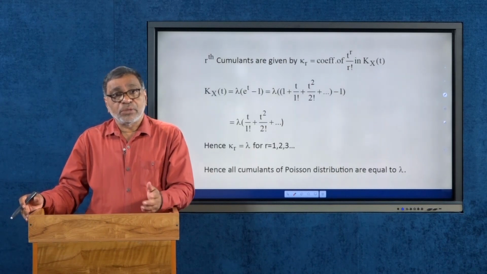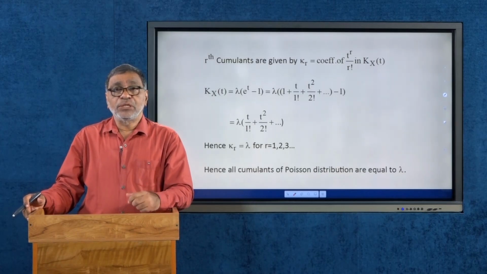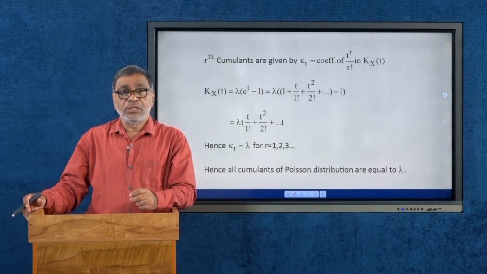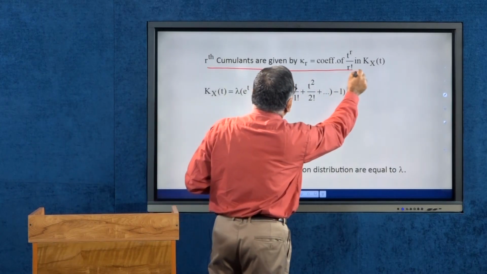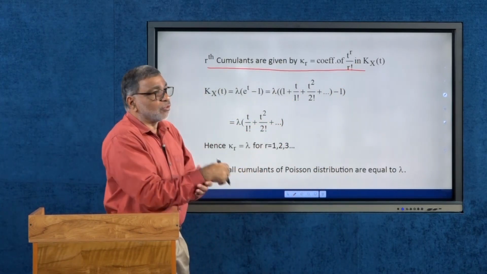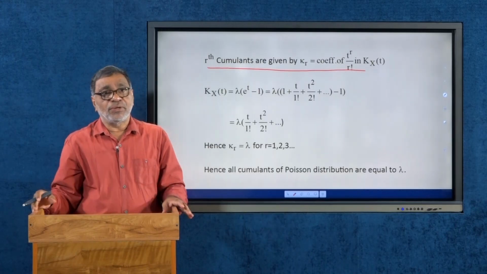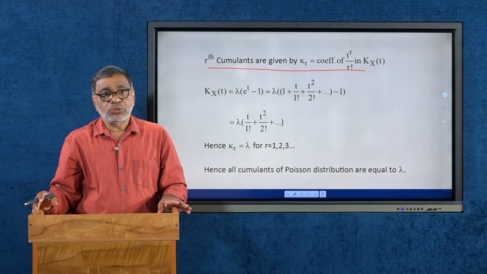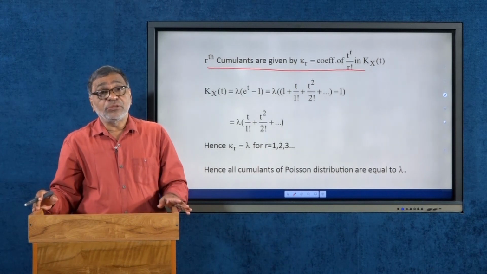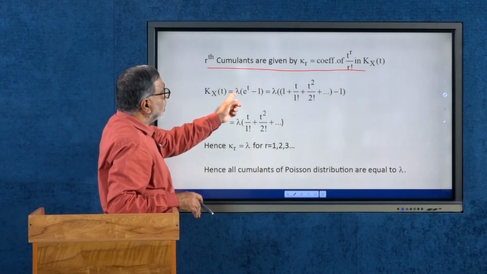Very simple, the rth cumulant is given by the coefficient of t power r divided by r factorial in the expansion of K_X(t), and already we have this; this is the cumulant. We can find the cumulants by identifying the coefficient of t power r divided by r factorial in the cumulant generating function. And the cumulant generating function is a very simple expression for the Poisson distribution, and it is very convenient to expand that cumulant generating function also as a power series of t, because K_X(t) we have already obtained